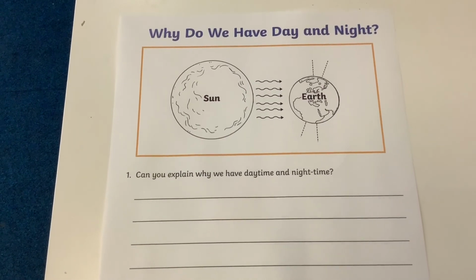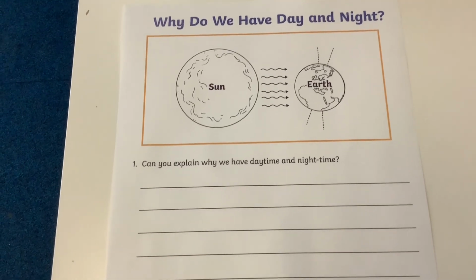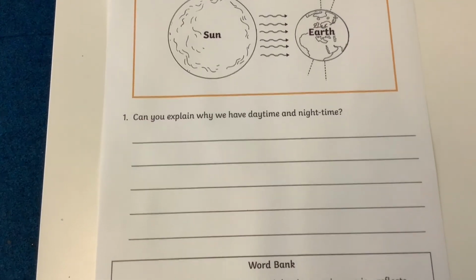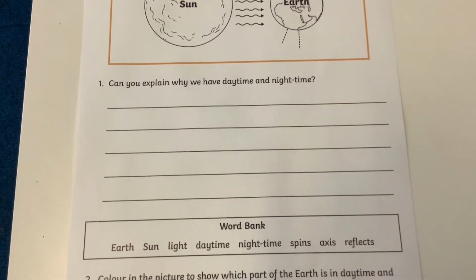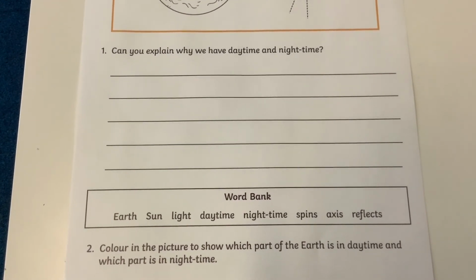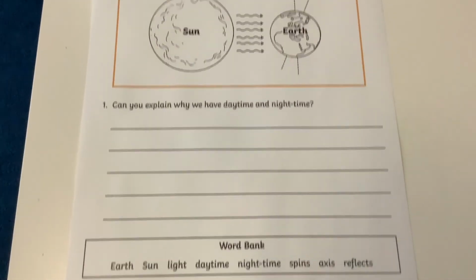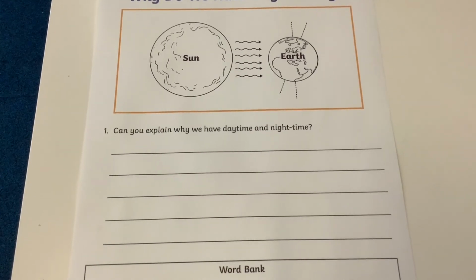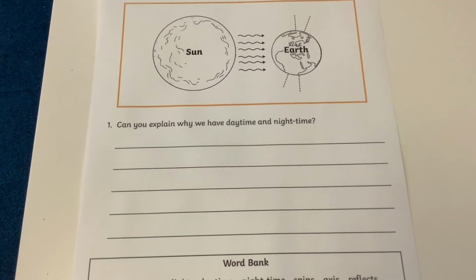There's a picture of the sun and the earth. Now, question 1 is, can you explain why we have daytime and nighttime? I've put in a word bank for you there. And then I want you to colour in the picture to show which part of the earth is in daytime and which part is in nighttime. I'd also love it if you could send in some videos or some pictures of you using your lovely torches